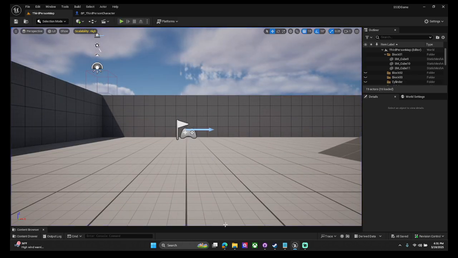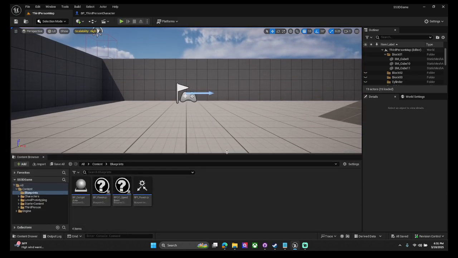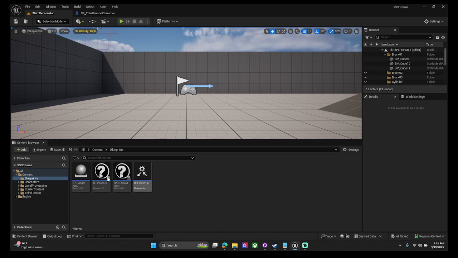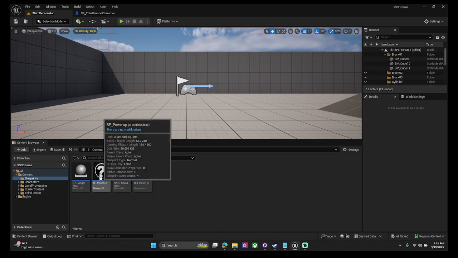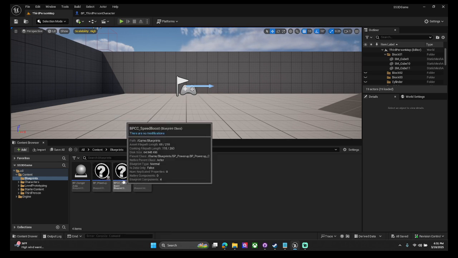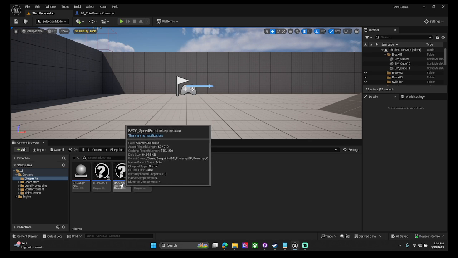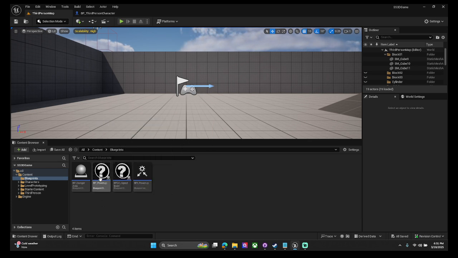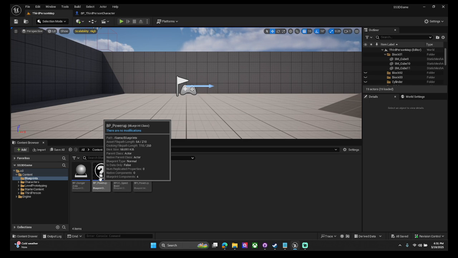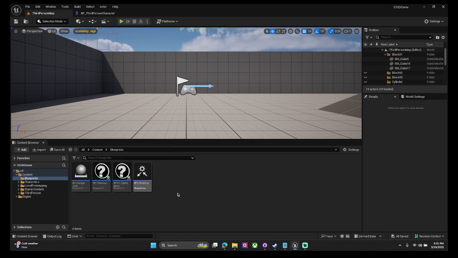But that's as far as it's gotten so far. And so we have a power up. So this power up here, the master class power up, I can make child classes of this. I have a speed boost currently, but I can make more power ups if I want to do different things. But the main power up is basically like a starter class. I basically do the same thing, and then in the child class, I make my adjustments for each